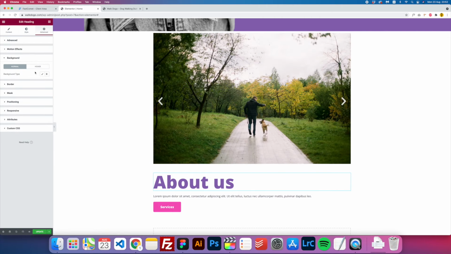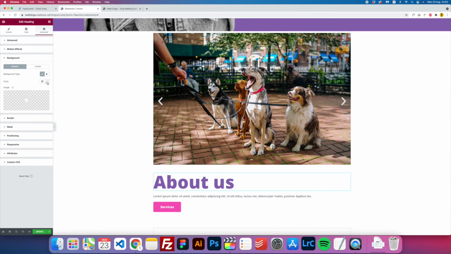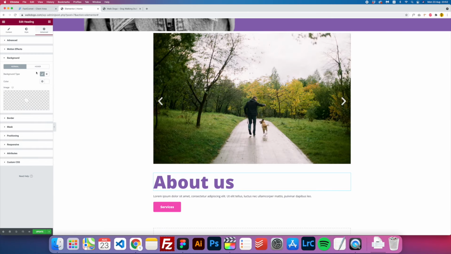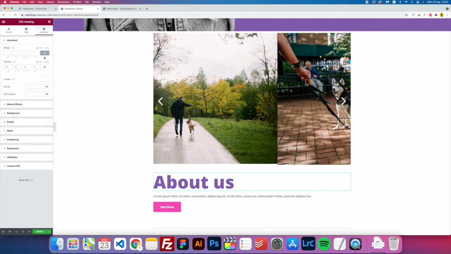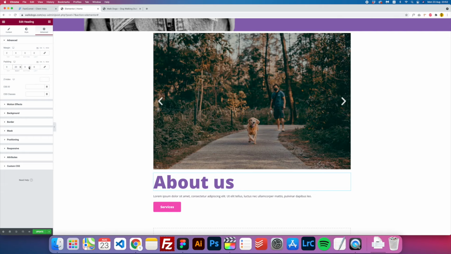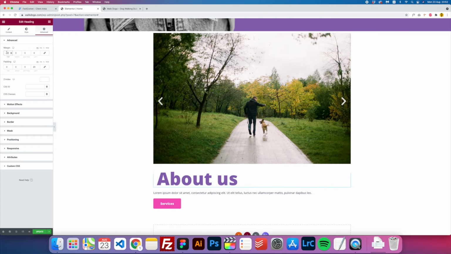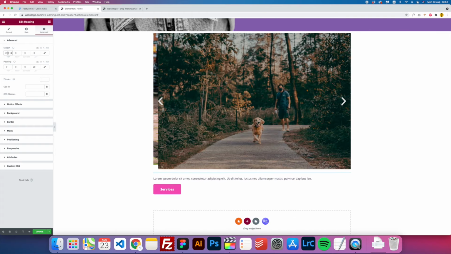And now I'm going to set the background type to classic. I'm going to change the background color to white. And let's click on the advanced and unlink these two values. And the padding right will be 20 pixels. Sorry, left will be 20 pixels. And the margin top, let's put